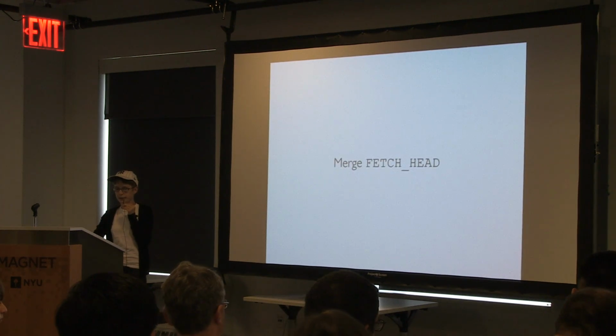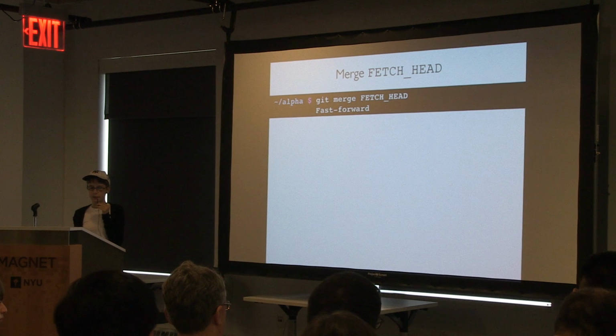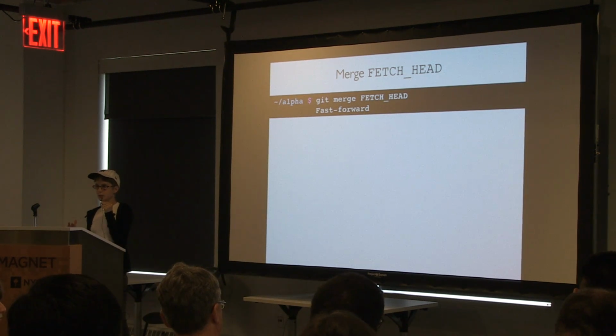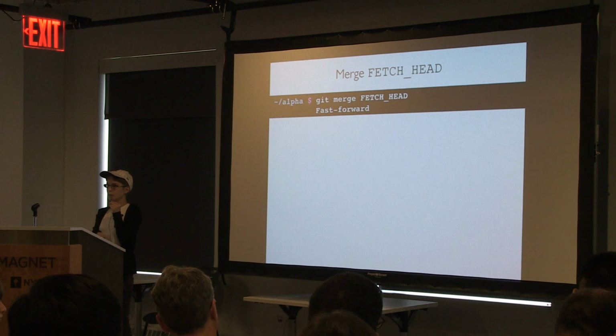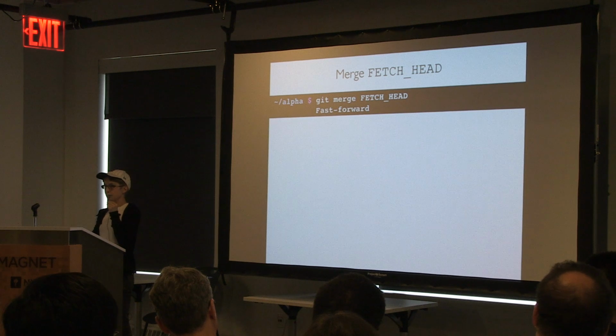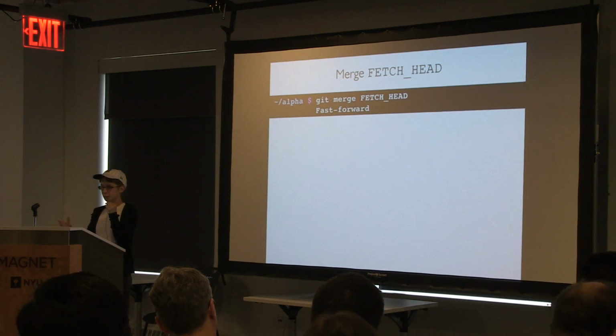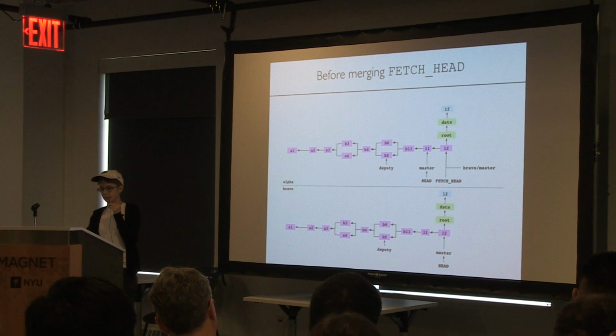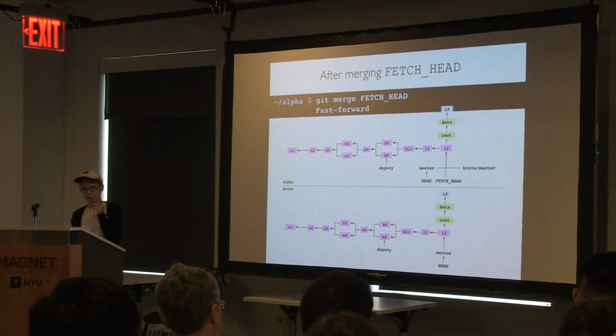Now let's merge fetch head. So we do git merge fetch head, and it's a fast forward. Fetch head ultimately resolves to "please change your blah to this commit." So in our case, it's "please change your master to this commit hash that I've got here." So that's the 12 commit hash. The result is, before merging fetch head, master was pointing at 11, and now it gets fast forwarded to